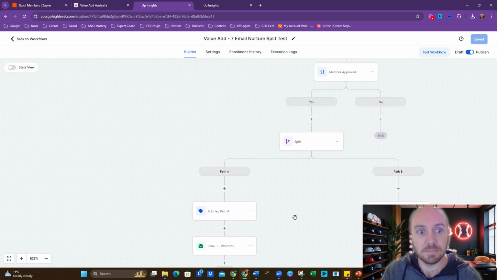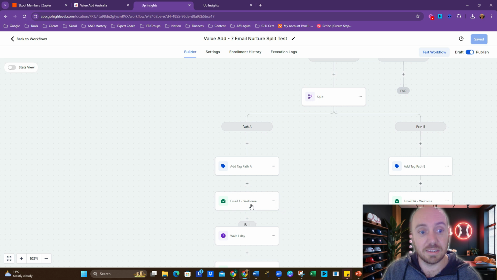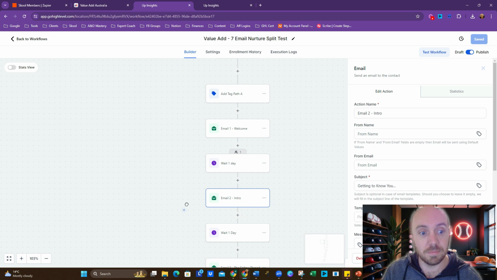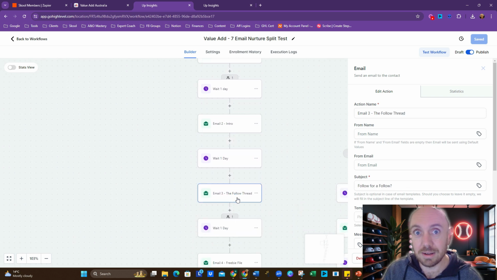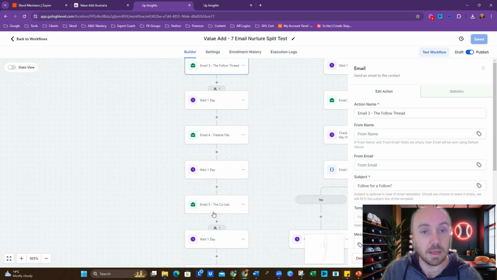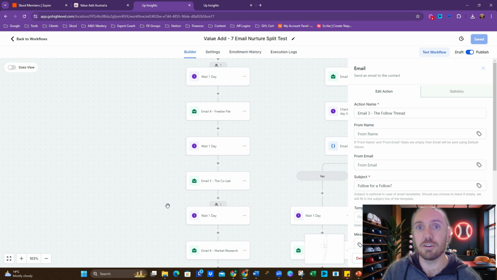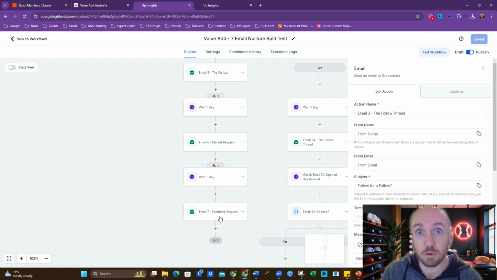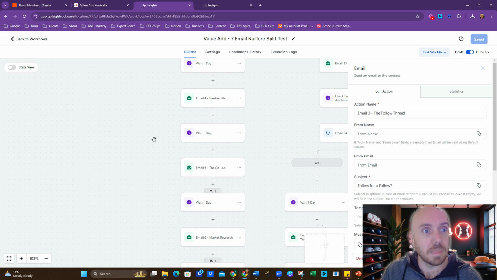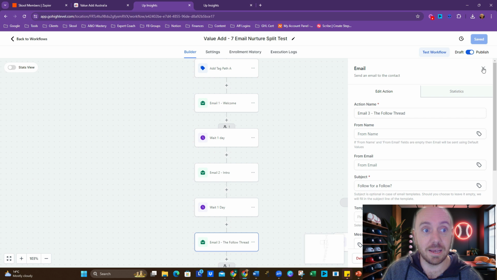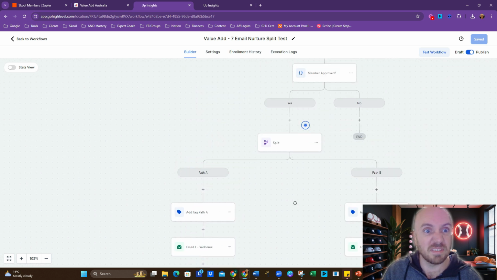But then from here, what this does is it sends out an email. So we've got the welcome email. We've got a bit of an intro. We have the follow thread, which is just a feature in the group. The freebie file, another feature there. The collab, another feature. So this is basically getting them to know a bit about my community. Yeah, that all goes through. We got a feedback request at the end because I like to know how I'm doing. But yeah, a 7-day email nurture sequence to help boost engagement in the community there. So this can all be set up fairly easily,